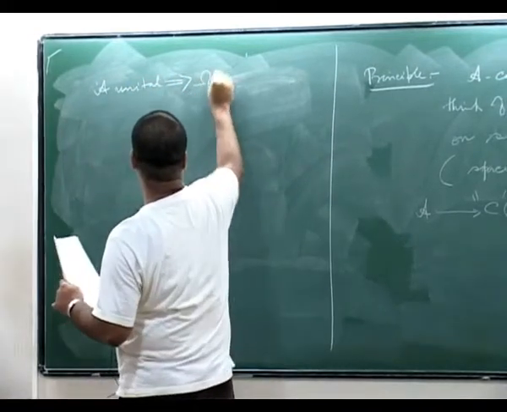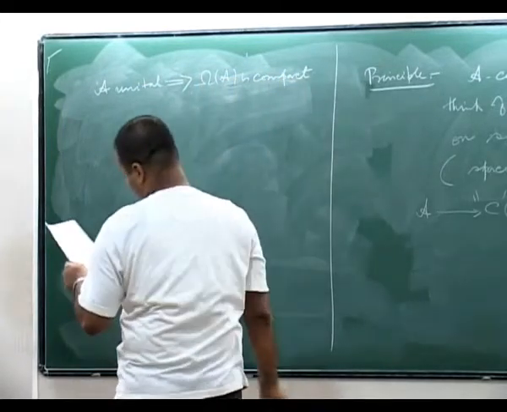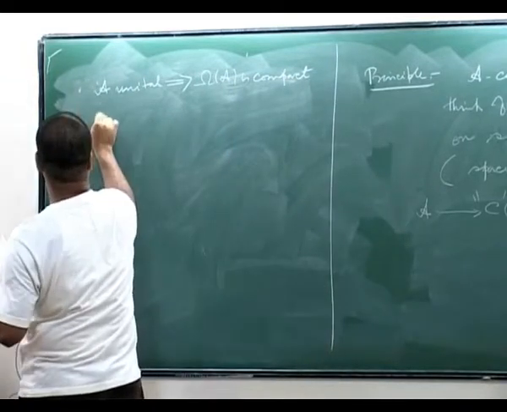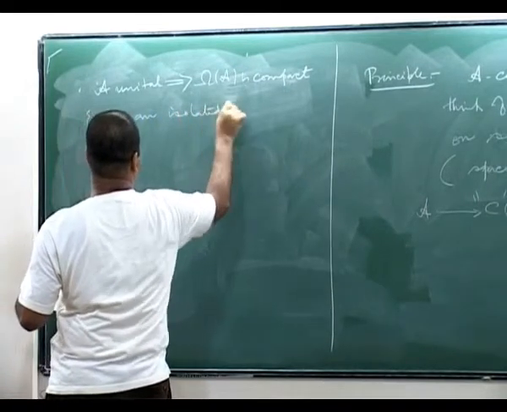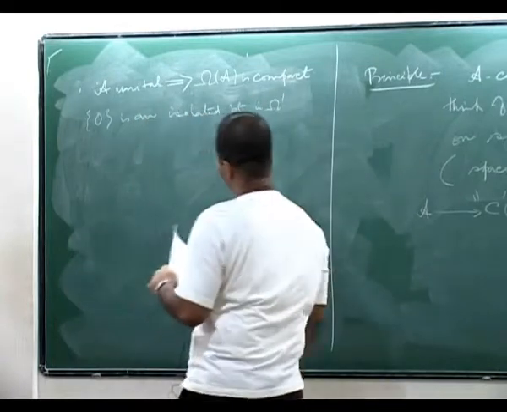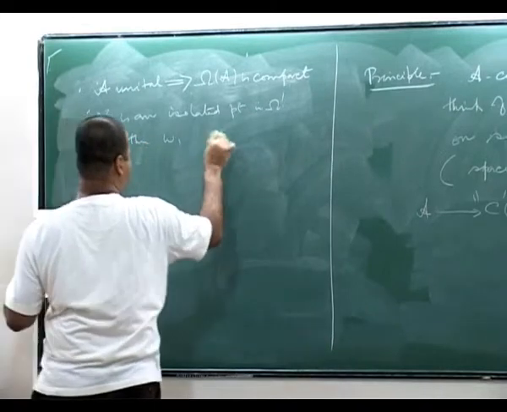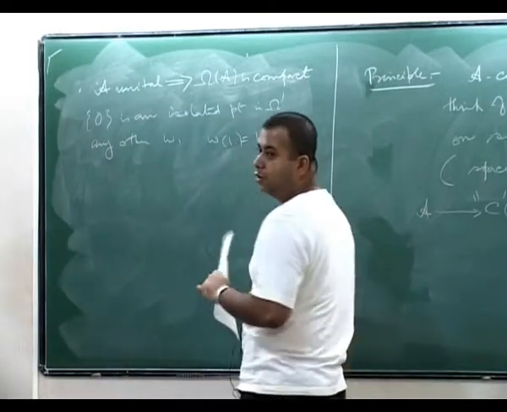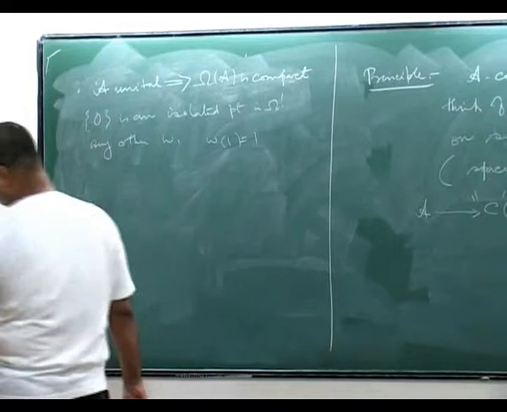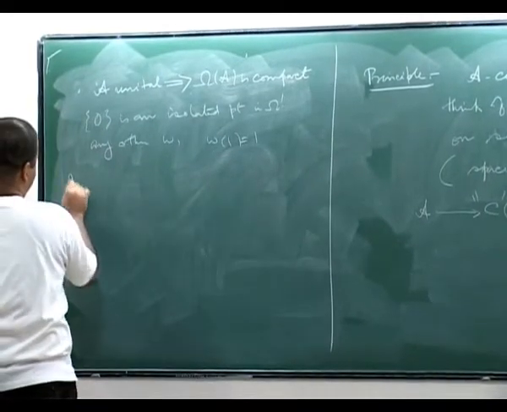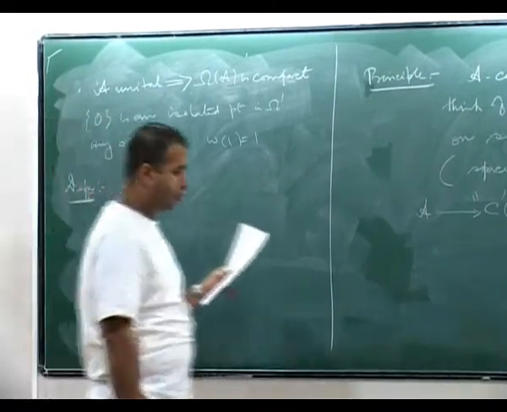A unital implies omega A is compact, so that is because zero is an isolated point, because for any other... omega of 1 is 1. So now define this map, but